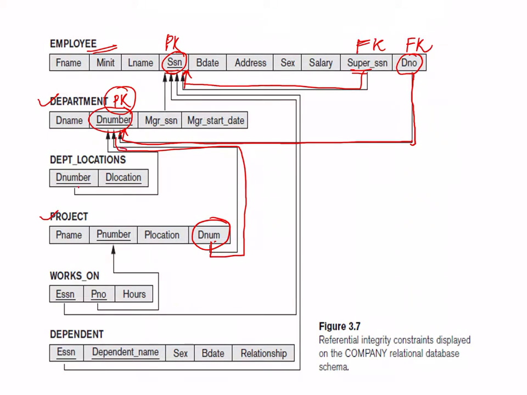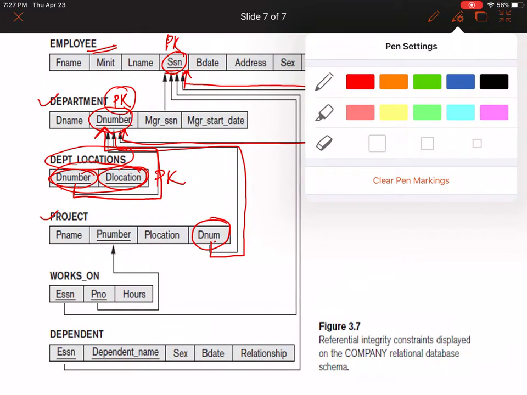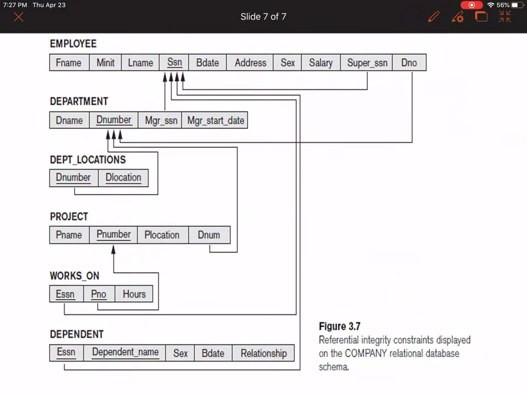Similarly, D number in department location, that is here, is a primary key. Can you see here two of them have been underlined? So both together are the primary key. Okay. And one of them, this D number, is related to this D number here. So let me keep only the primary key here.